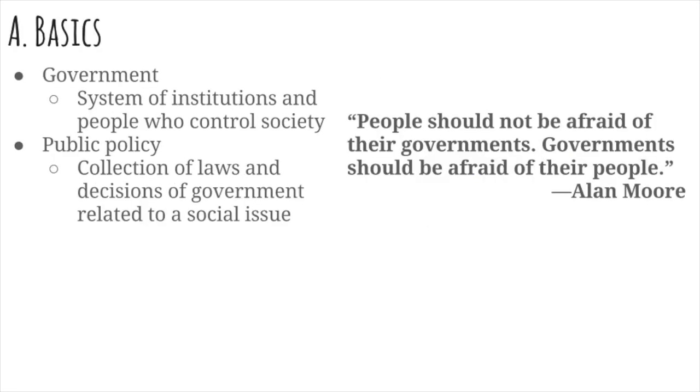So in our first topic, you should just know what government is. It's a system of institutions and people who control society. That's the point of why we have them, is to control people and society. Public policy, which is what government enacts, is the collection of all the laws and decisions of government related to different issues of society. There's a little quote there for you from Alan Moore. It's based on a Thomas Jefferson quote that I think is important as we go through our discussion of what